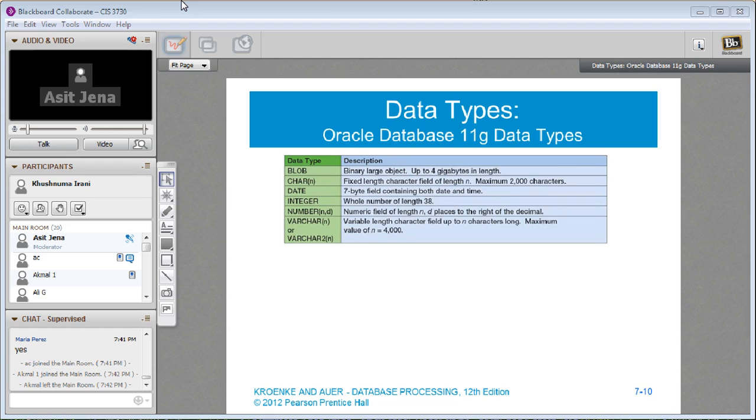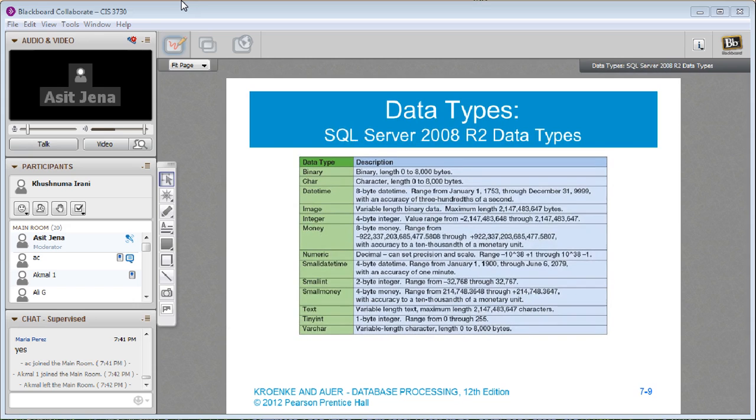And again, I honestly think that if you go into details of each of these, you figure out where an integer is required and where a small integer is required. It all depends upon how much data, what is the biggest value of the data that you are going to store in that field. The whole idea is to be efficient so that you don't waste a lot of disk space.